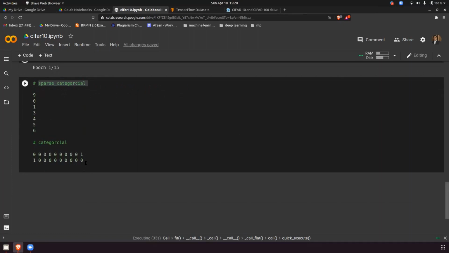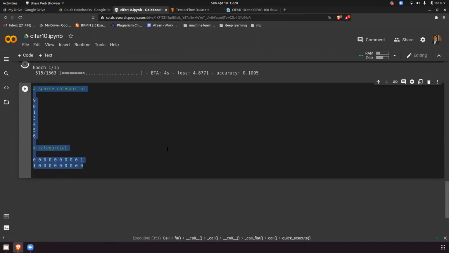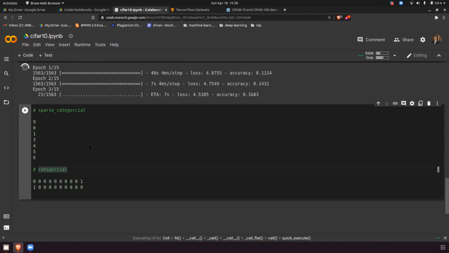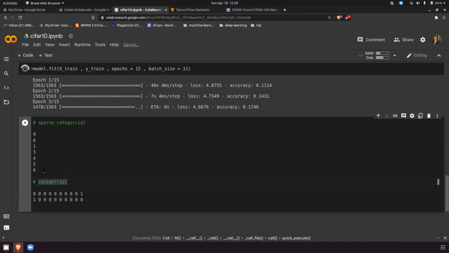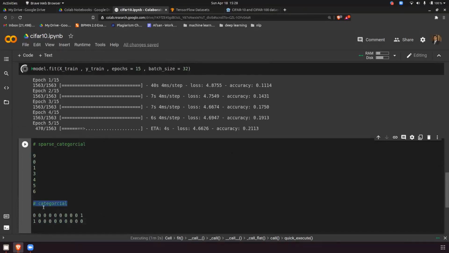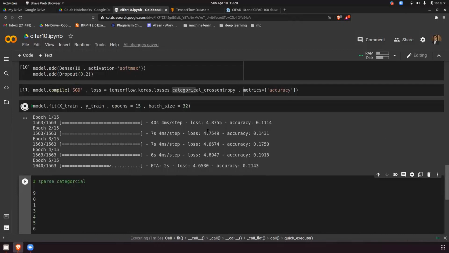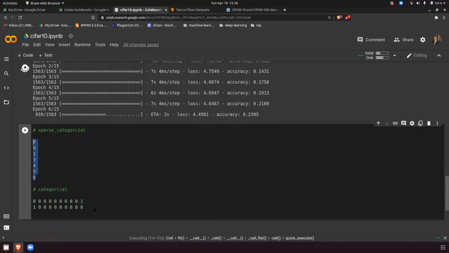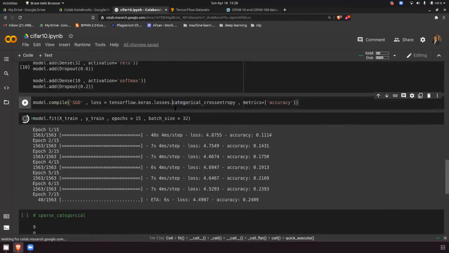Okay. So you understood when to use what? When to use sparse categorical and when to use categorical, clear to everyone? Yes. If we have 0 to 9 in the output, like numbers, we can use sparse, and if the output is in the form of 0 and 1, like binary, then we go with categorical, right? Exactly. Yes. Because the behind-the-scenes formula depends on the output target variable. That's why we have to take care of this part.